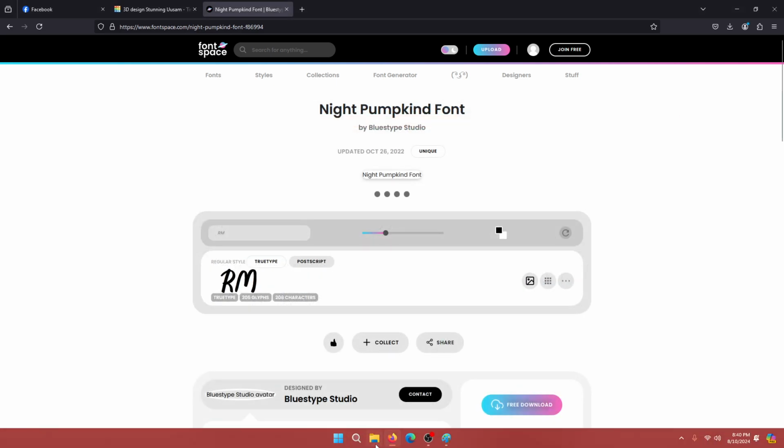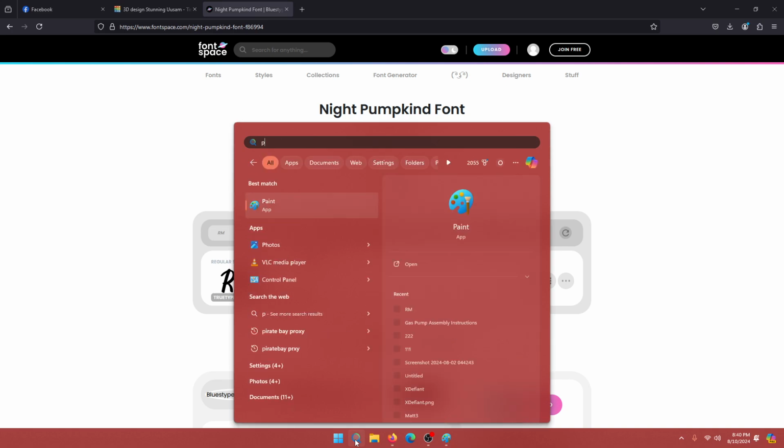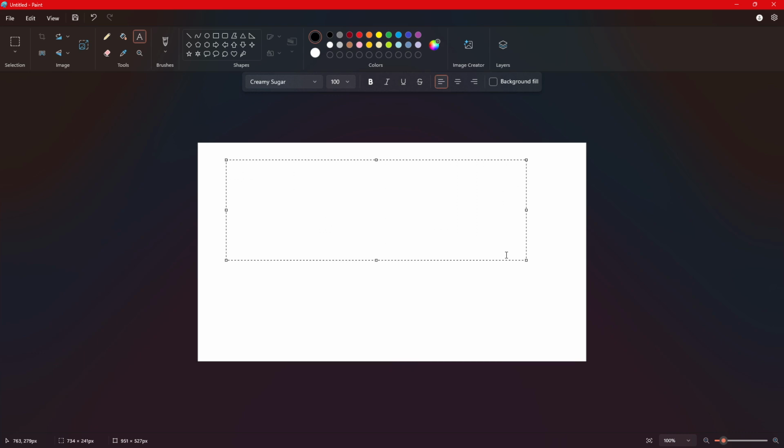Then you can come down and search Paint, which I already have open. One thing I do want to note is that when you're downloading fonts, you have to close Paint in order for them to show up. So anytime you're adding new fonts, go ahead and close Paint out, add the new fonts, then reopen the program and you'll see everything there. Come up to the text, click on that and just drag a box out there. Again, hit a space, RM,